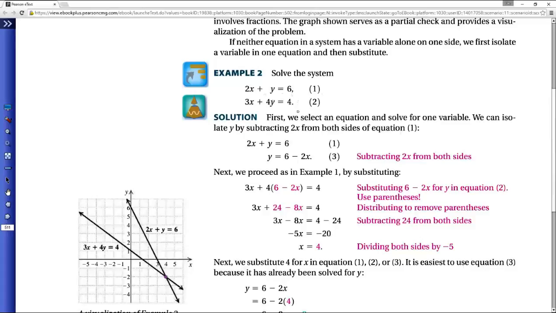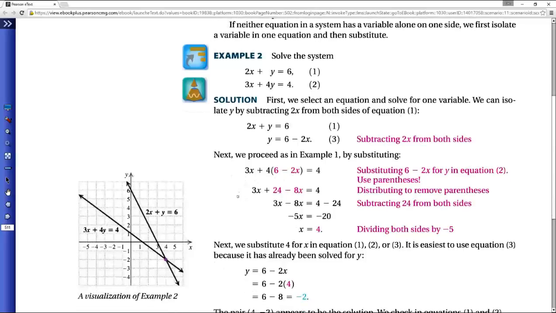Now be careful, you can't substitute it back into the same one that you solved for, so I have to use equation 2 here in this case, which is 3x plus 4y equals 4. I substitute in this 6 minus 2x for y, so I have 4 times the quantity of that. Make sure you have a quantity symbol there. Use the distributive property to get rid of the parentheses, and then, if it's all addition, we can change order, right, and we can combine like terms,